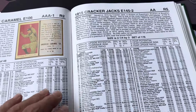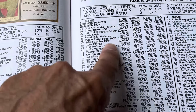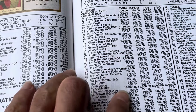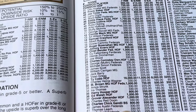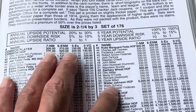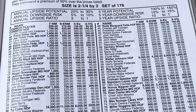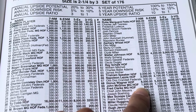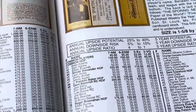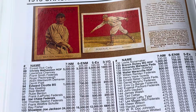So we know who's in the set, but we'll go over it one more time. You've got all big names here: Connie Mack, Chief Bender, the beautiful Ty Cobb, Ed Walsh, Grover Cleveland Alexander, Rube Marquard, and the beautiful Walter Johnson in that set too. You've got Tris Speaker, Nap Lajoie, Honus Wagner, the 1915 Cracker Jack Honus Wagner, John McGraw, and you get a better look at some of the cards because you have some horizontal cards also in that set,